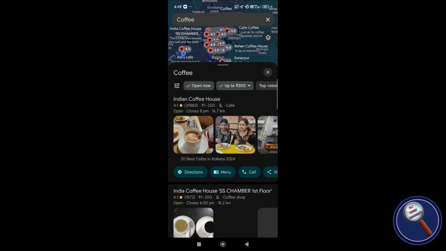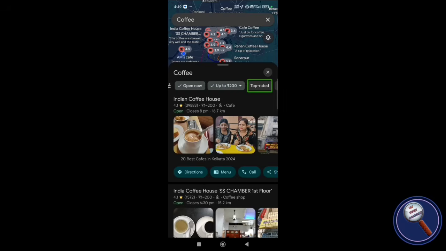And now, based on my filter, the coffee results are shown on the map. If I just swipe right, in More filters, Top rated, you can select the ratings also, and Wheelchair accessible entrance. Okay, so